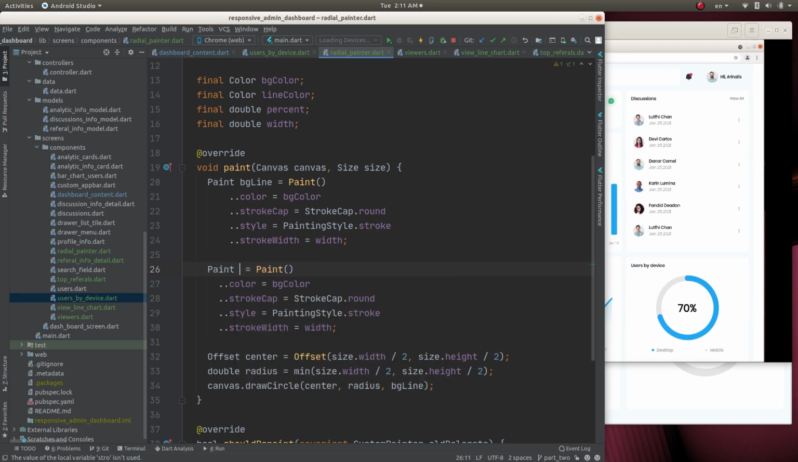or what will we give the name? Let's name it as colored line. Colored line. Okay, the color will be background color, stroke will be round, stroke and width. Yeah, all are same thing. And now let's